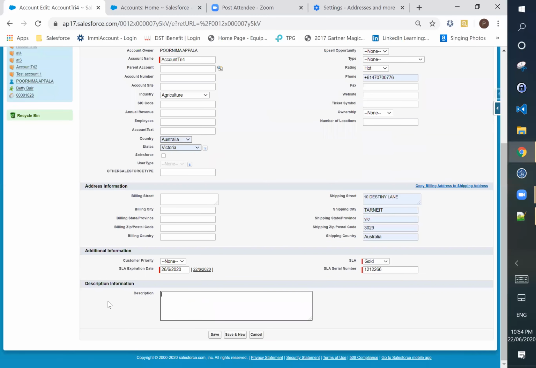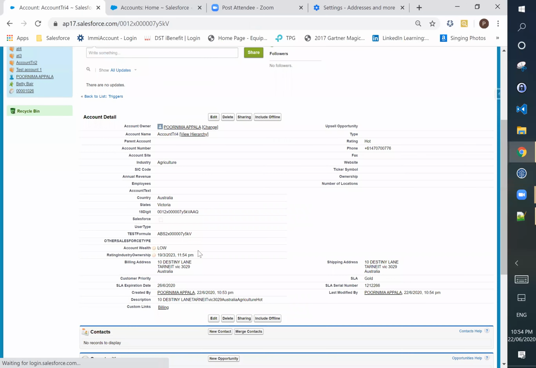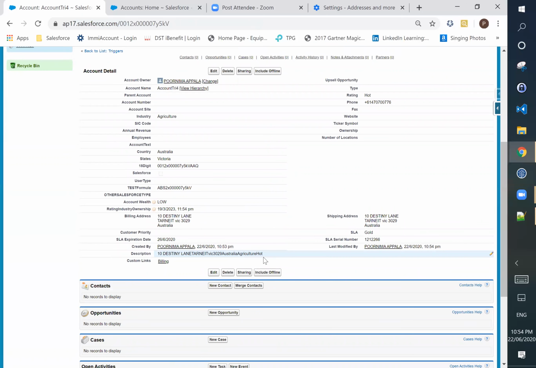Save. That will do it automatically. You don't have to do it. Overwrite, yeah.